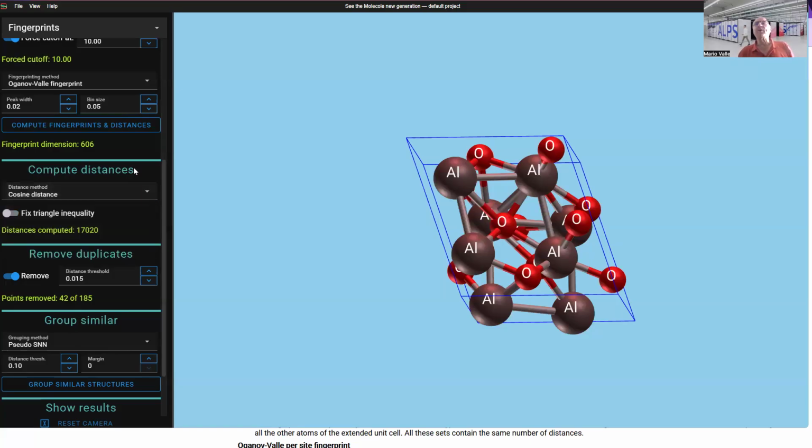By default it is the cosine distance between two vectors in this high-dimensional space, but you can also change to Euclidean distance or Minkowski distance with a fractional order, which sometimes is better in those high-dimensional spaces, because in high-dimensional space there are various phenomena that don't happen in a low-dimensional space. For example,